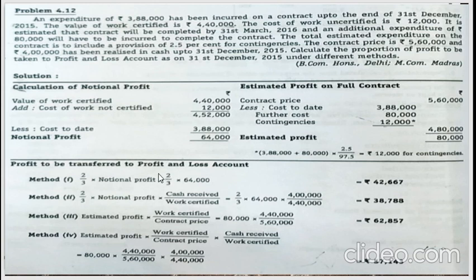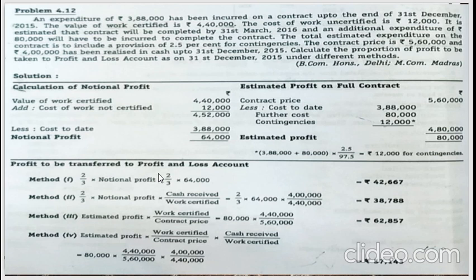So first method is notional profit into 2/3. So notional profit is how much? 64,000 into 2/3 of it will give you 42,667, which is approximate. Next method is notional profit into 2/3 into cash ratio, which is nothing but cash received